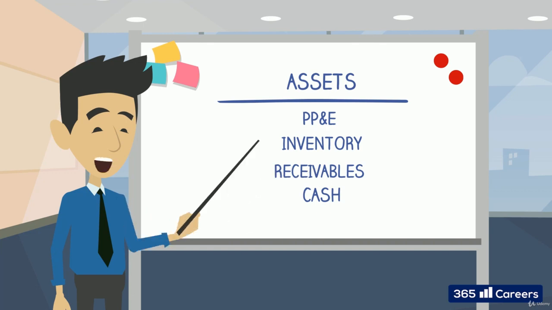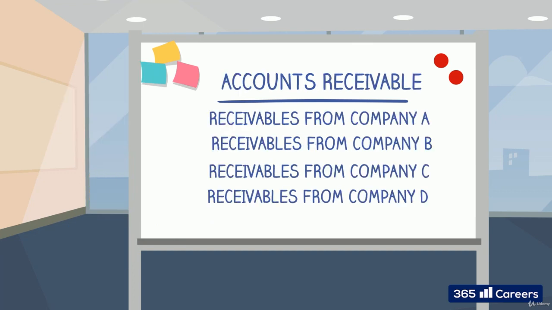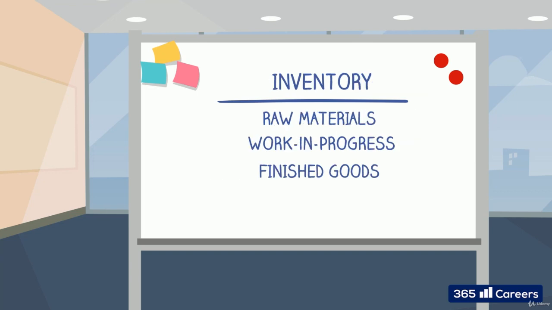The general ledger account is the name of the container where we store information about balance sheet and income statement items. Usually, a general ledger has subsidiary ledgers, which contain the respective details of the account. For example, an accounts receivable general ledger will have subsidiary ledgers that contain information about the amount that each customer owes. A general ledger for inventory will contain subsidiary ledgers that will show the breakdown between raw materials, work in